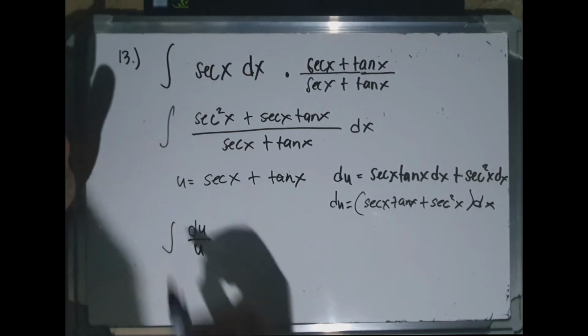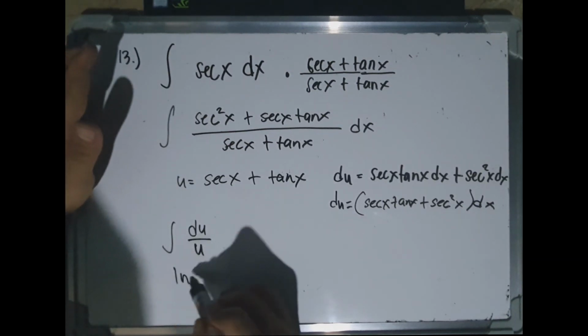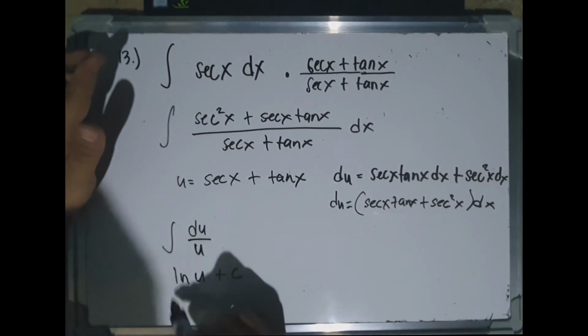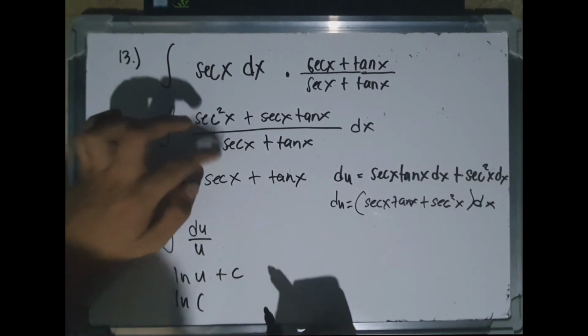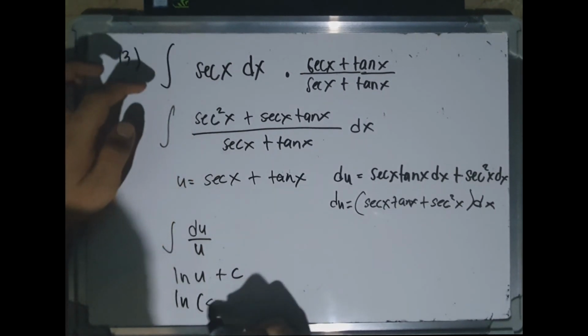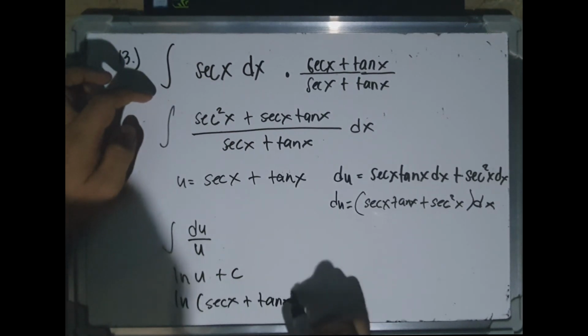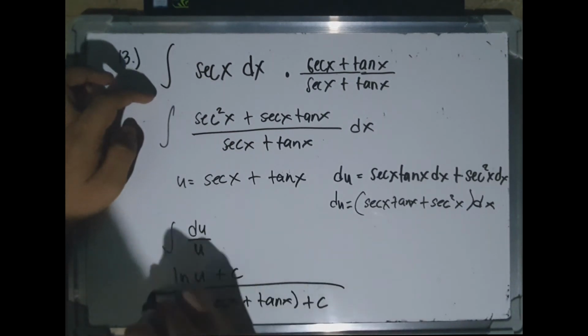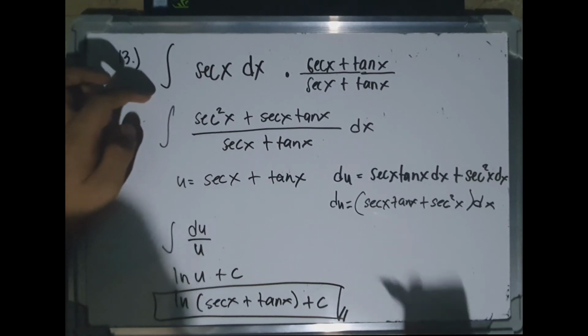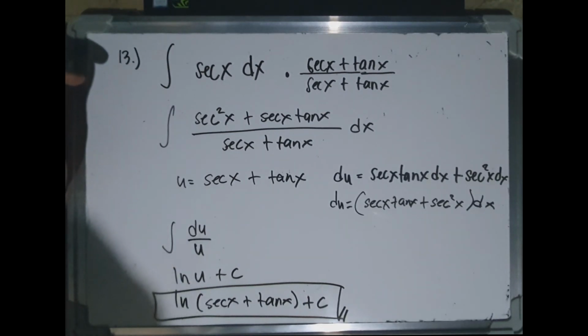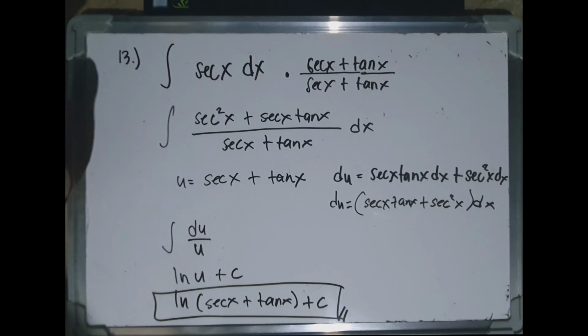The integral of du over u, that is ln of u plus c. What is again the u? It's our denominator. So, secant x plus tangent x plus c. Okay, so that's it for this